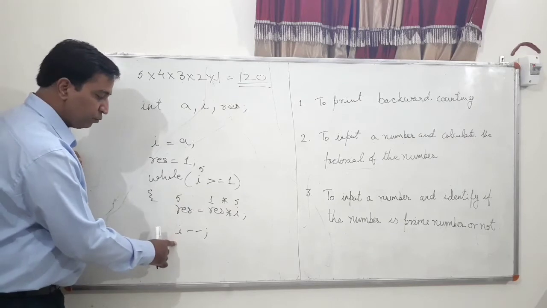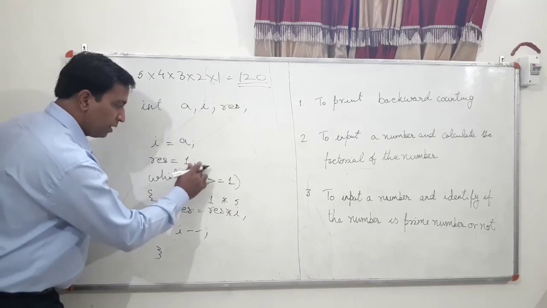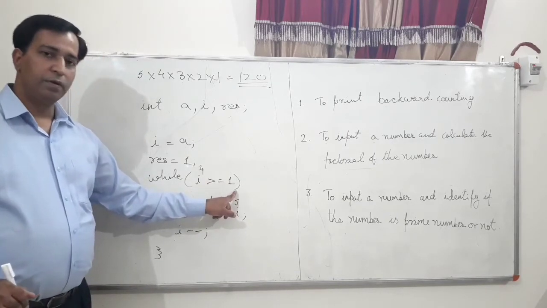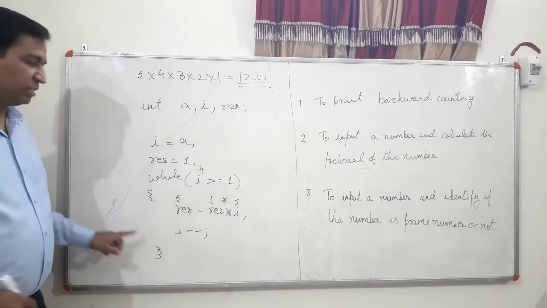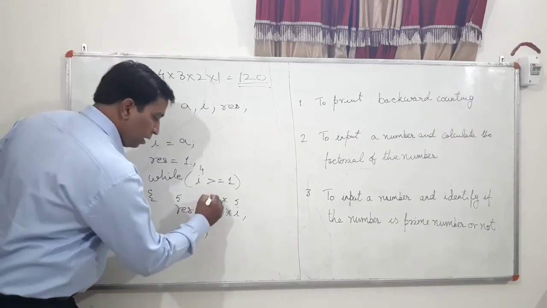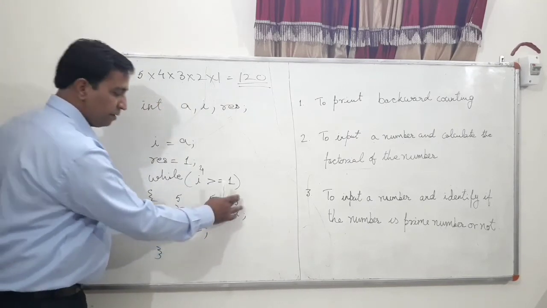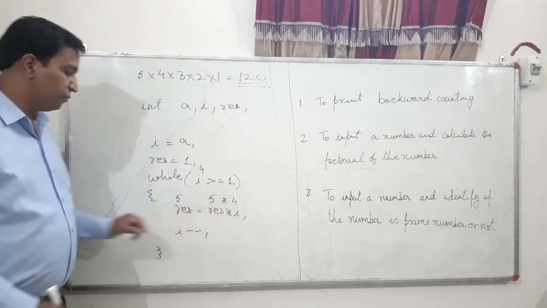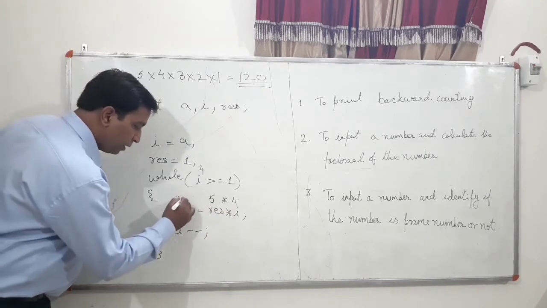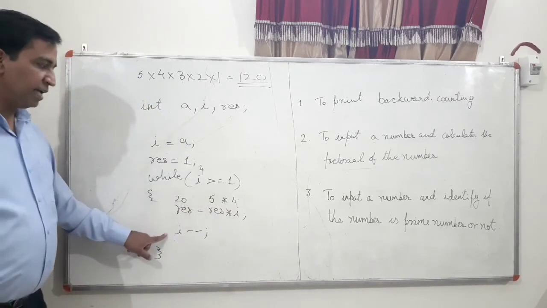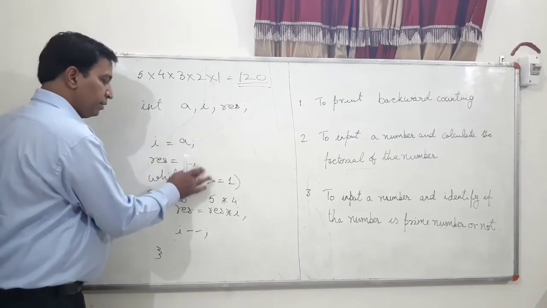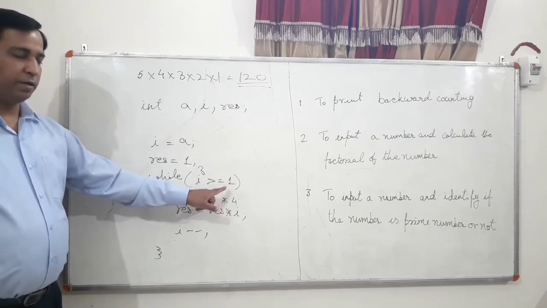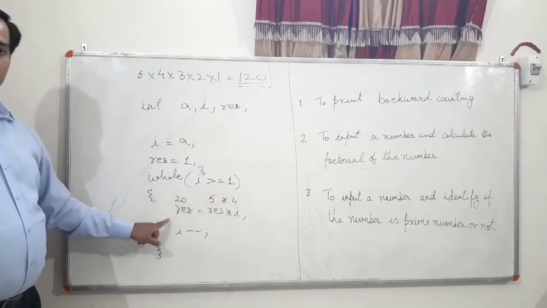Then i's value will be reduced. I will be having 4, right? Then 4 will be checked against 1, right? Again it's going to come inside. Now at this time, result is holding 5 and I is holding 4. Okay? So 5 multiplied by 4, result is going to hold 20. Right? I's value will be reduced by 1. It is going to hold 3. Right? 3 is greater than or equal to 1, which is true. Again it is going to come inside.